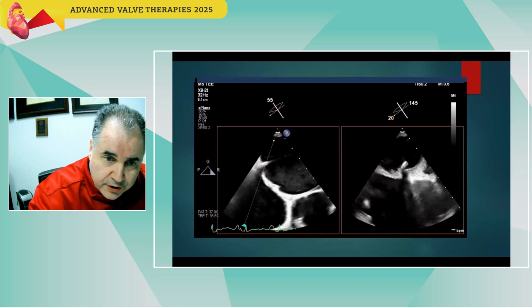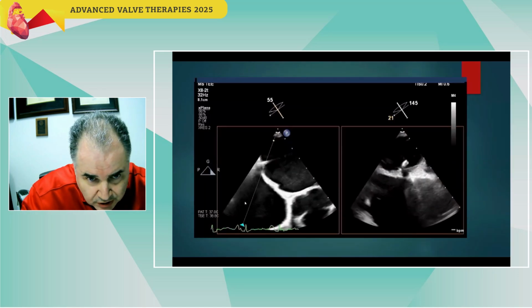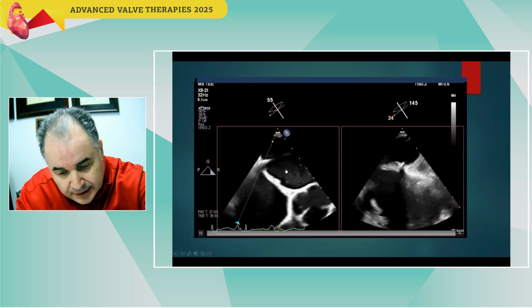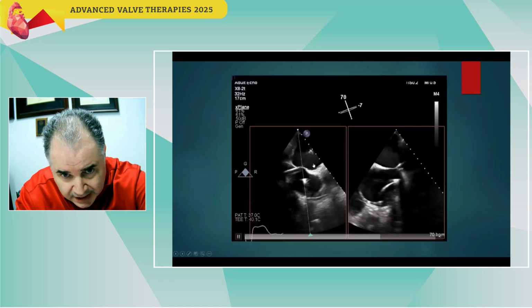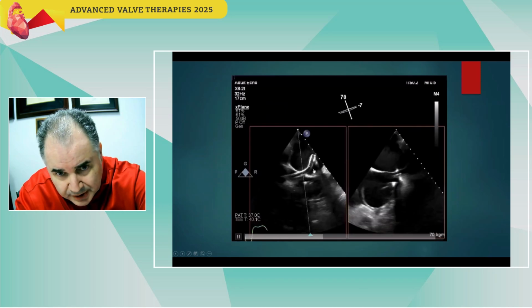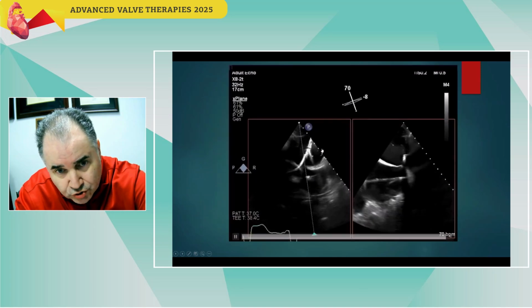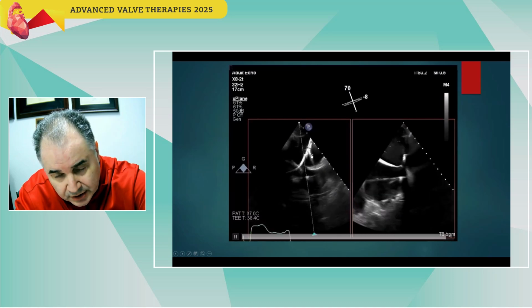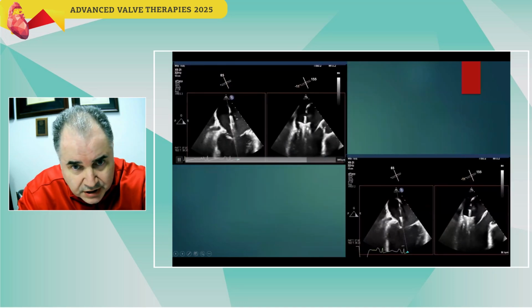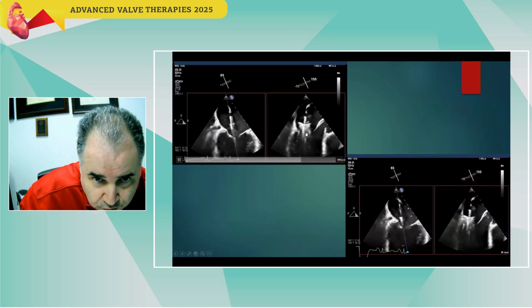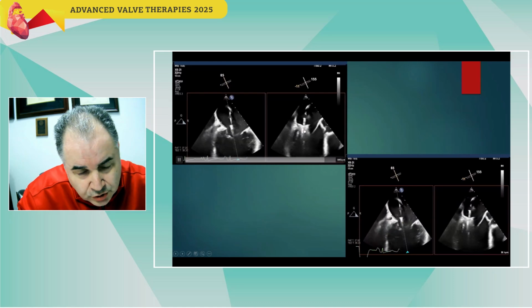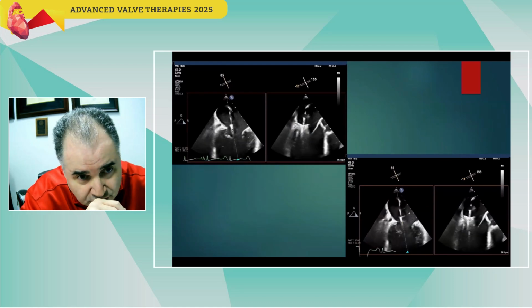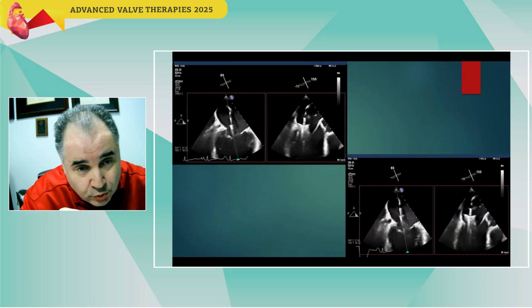the procedure. So this is an actual procedure crossing over from the right to the left, as you can see here. This is the guiding catheter. Very important imaging, very important in order to prevent complications. This is the clip, as you can see here. Try to guide the position of the clip, and this is the clip coming into the mitral apparatus in the atrium. Very important technology. I remember that I thought about this many years ago when I was at Emory and